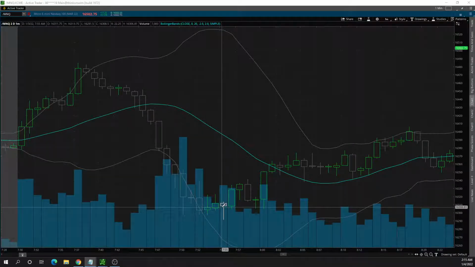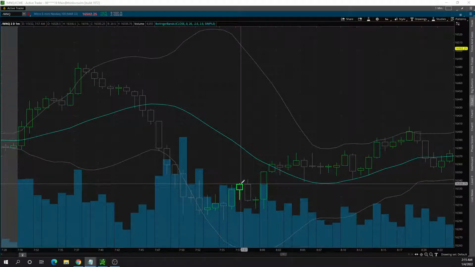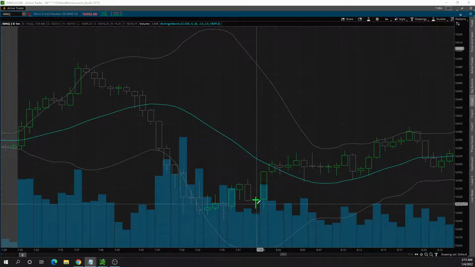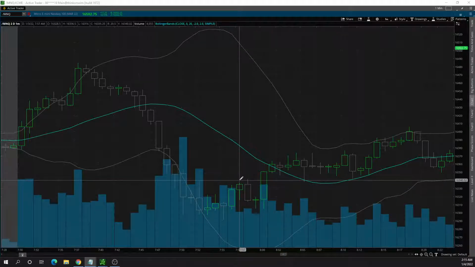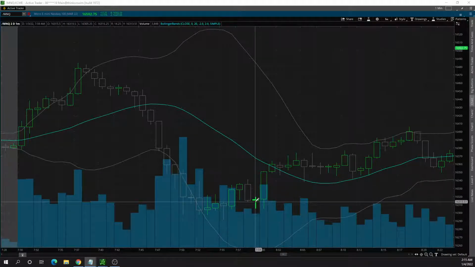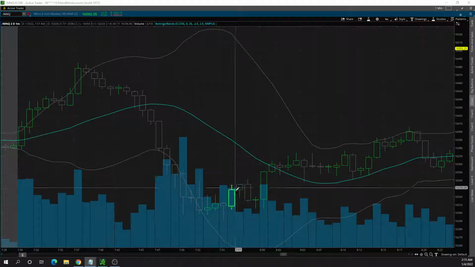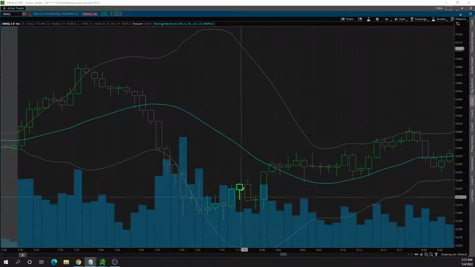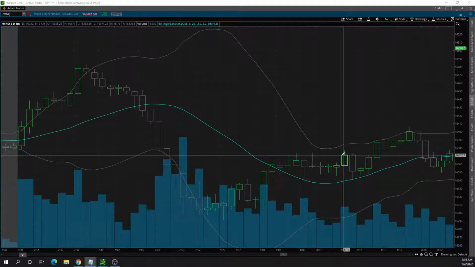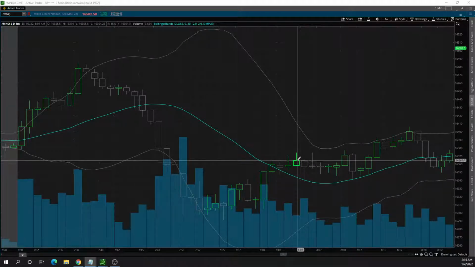Price then consolidates. This is a good sign. You finally get a move up and a pullback. You may or may not count this as a wave 1 high pulling into a wave 2 low, depending on whether you use body to body or high to low. And then price comes up, and here on this candle right here